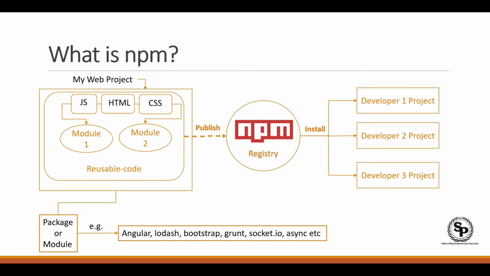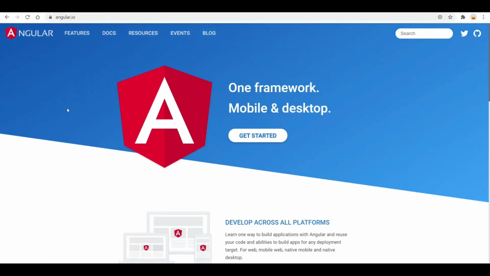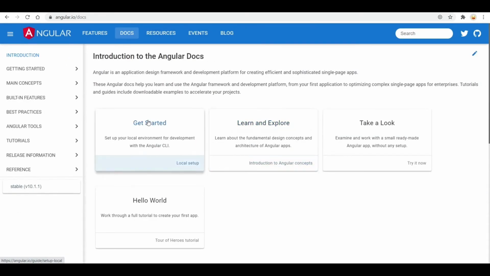Now let's learn how Angular is helping us. Let's go to Angular's official website. In the previous lecture, we did the setup part, we created a setup and environment for Angular. We downloaded Node.js there, used npm, and installed the Angular CLI.